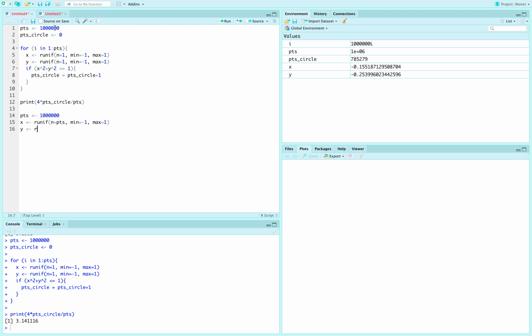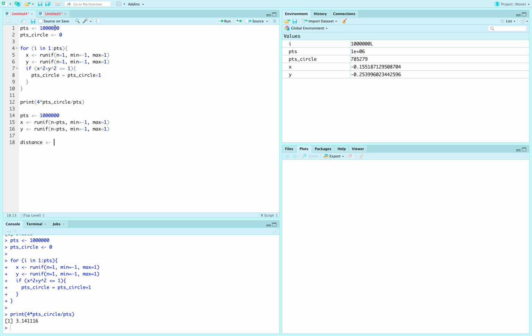Similar with y, ganun ulit ang gagawin natin. So in this case, matrix operations yung gagamitin natin. Okay? So take note, x and y are vectors here. And